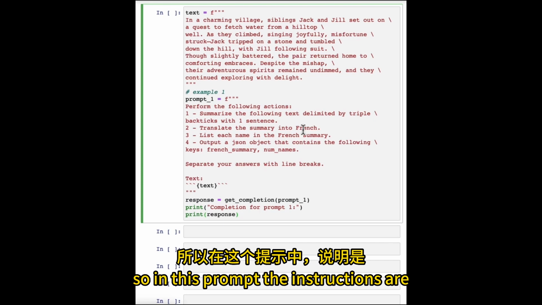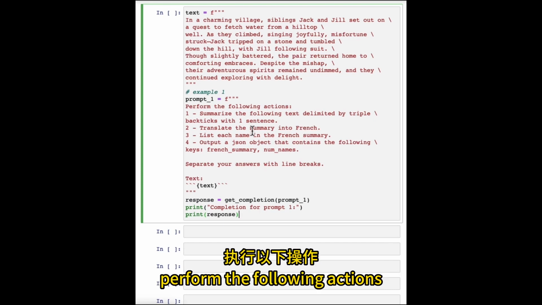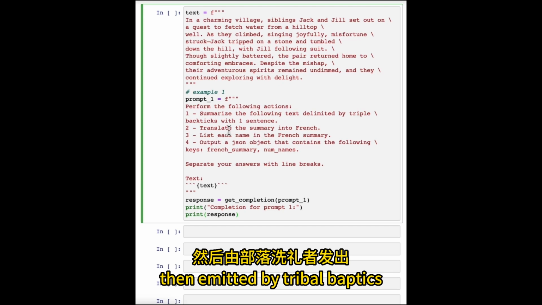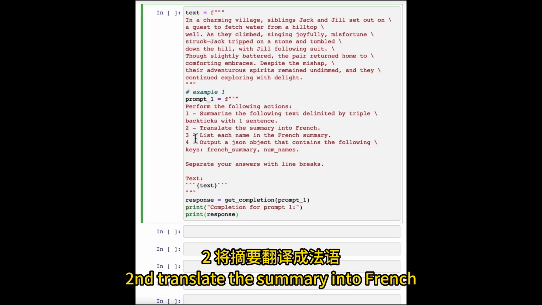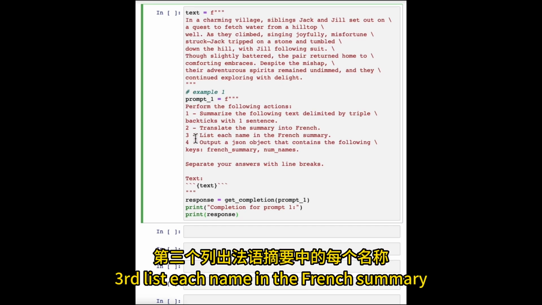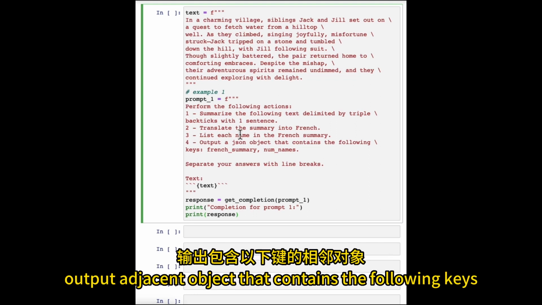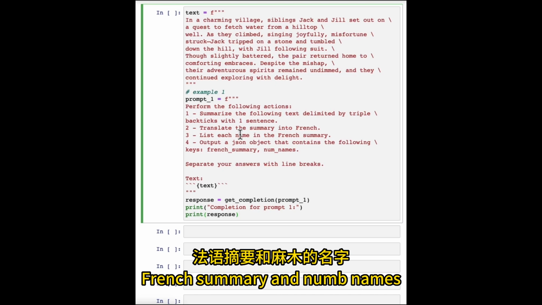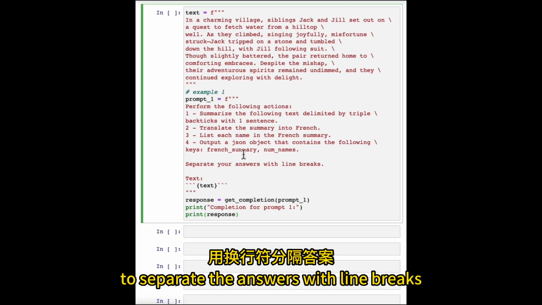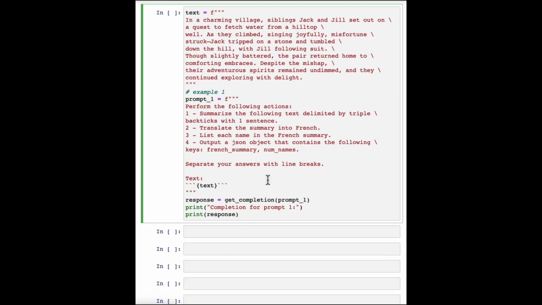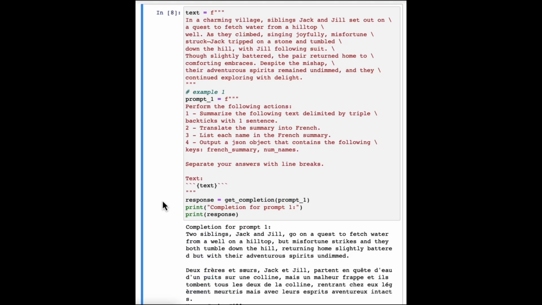So in this prompt, the instructions are: perform the following actions. First, summarize the following text delimited by triple backticks with one sentence. Second, translate the summary into French. Third, list each name in the French summary. And fourth, output a JSON object that contains the following keys: French summary and num names. And then we want it to separate the answers with line breaks. And so we add the text, which is just this paragraph. So if we run this,